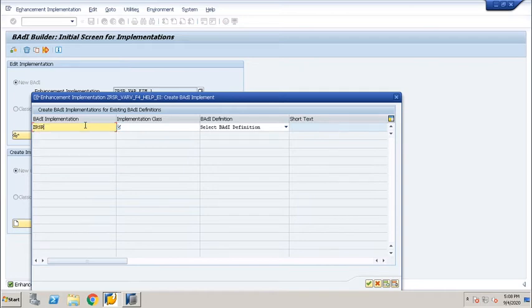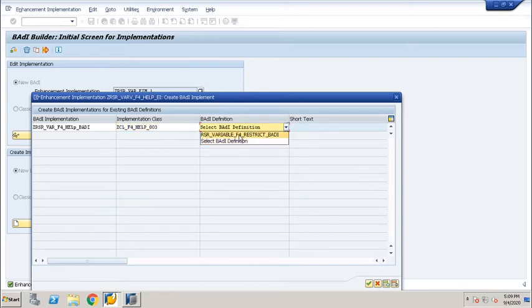I can use RSR where F4 help body. Okay, let's say I will start with the body. Then for the implementation class I will start with F4 help, let's say 003.